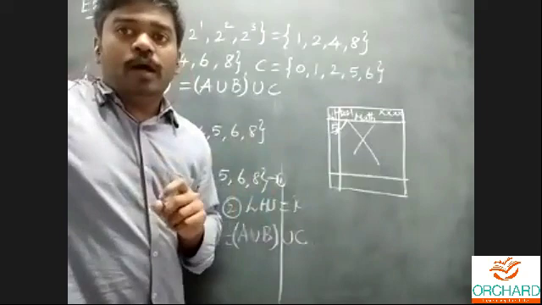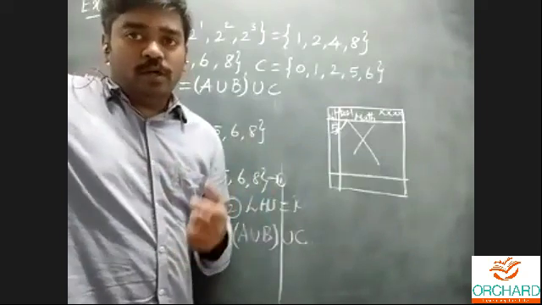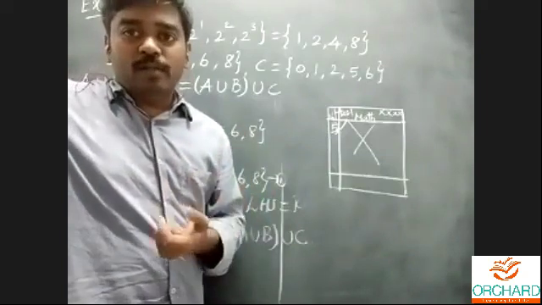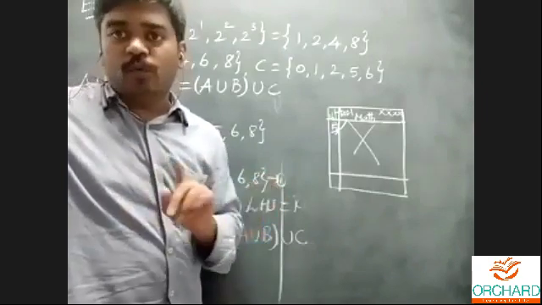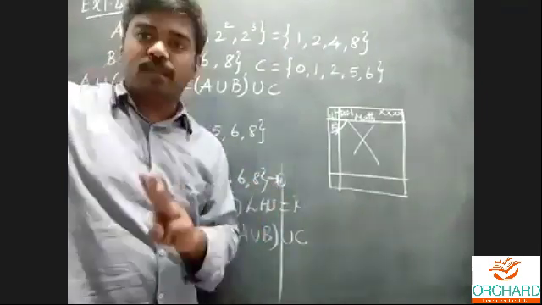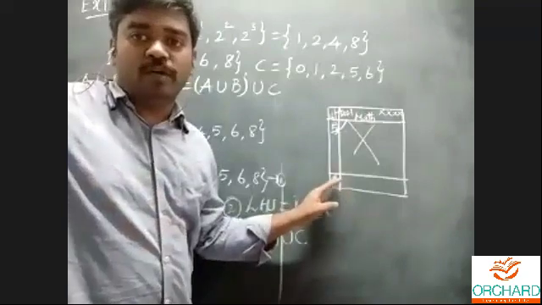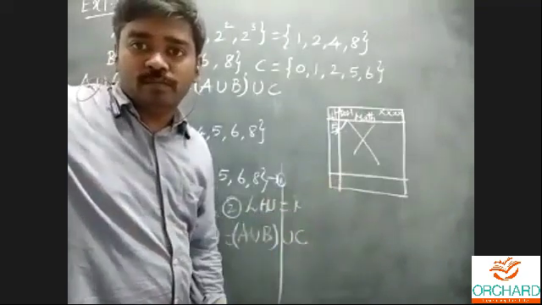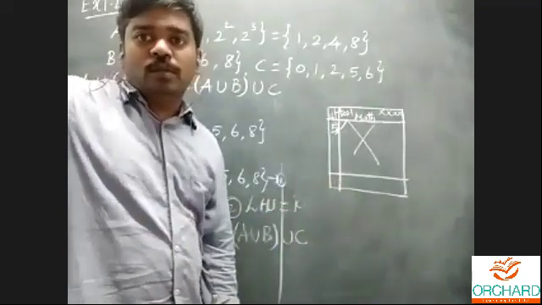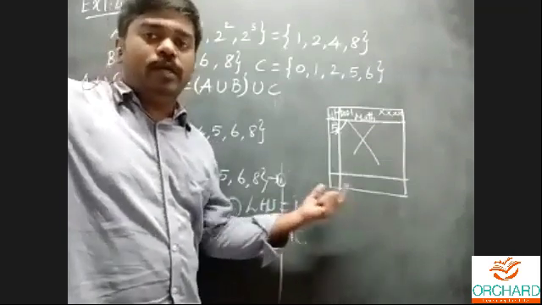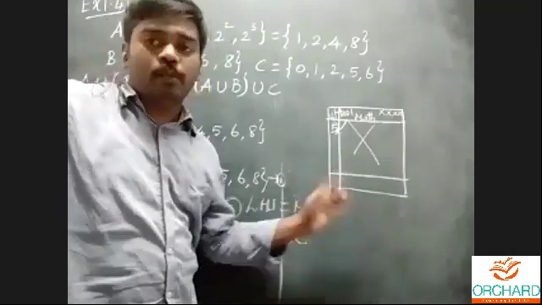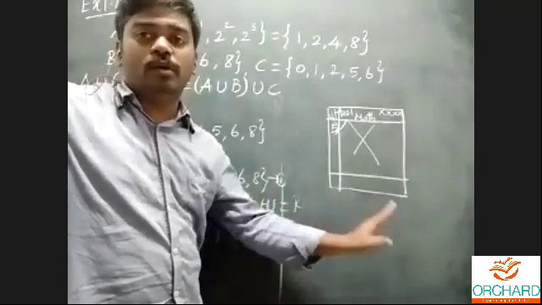Then your evaluation is 1 mark, 2 marks and 3 marks. There is no half mark. Only 1 mark, 2 marks or 3 marks. For your 9th standard there is no half mark. The conclusion is that A union B and B union A, the two sets A and B are commutative. That is enough. Or A union B equal to B union A. That is enough.